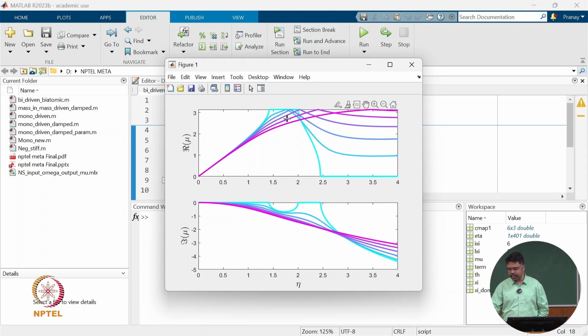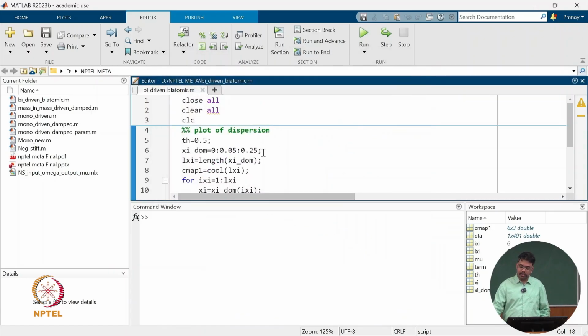Now you can see that this portion is quite larger, but there is still a level of attenuation present there. So that is the ultimate point. If you see all the dispersion of the different types of metamaterial units,